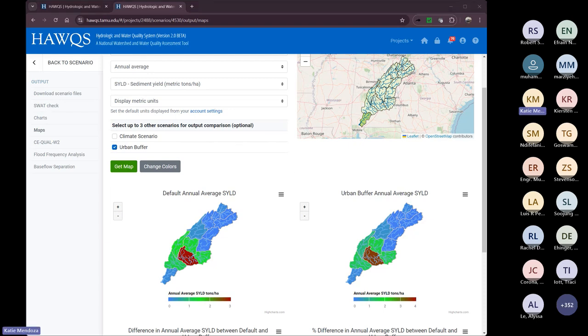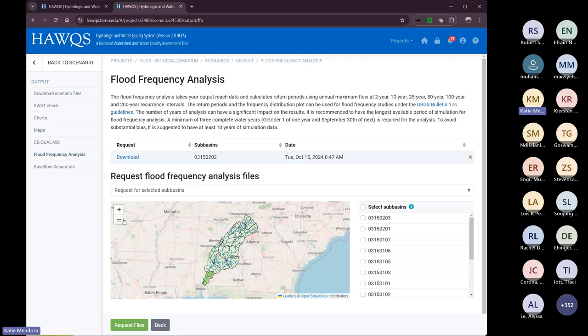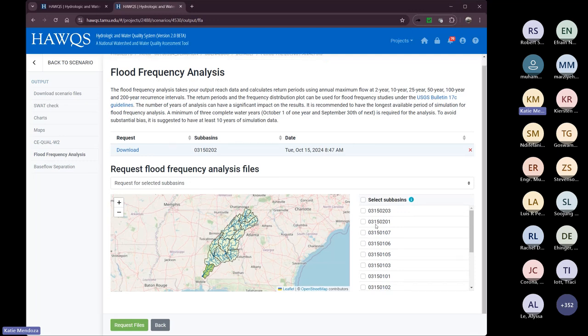So I am going to also show you real quick the flood frequency analysis. So let's look at, so for this one, I had already selected it. So let me jump back to the, oh, I won't be able to. Okay. So when you're interested in the flood frequency analysis, what we currently have available in